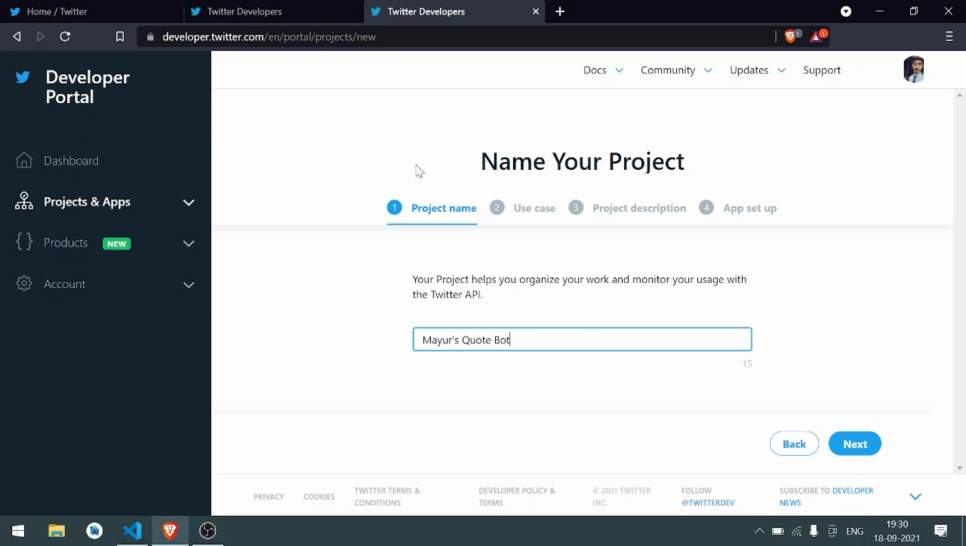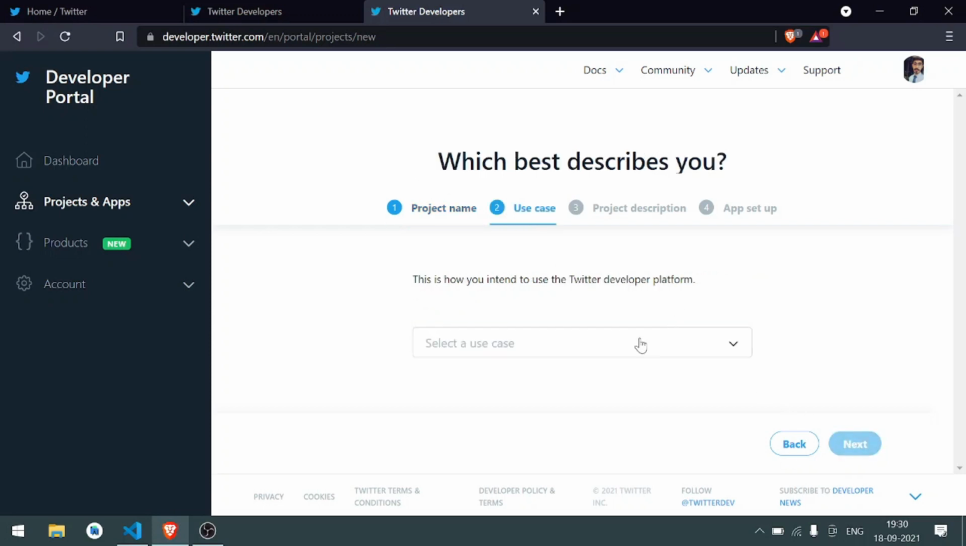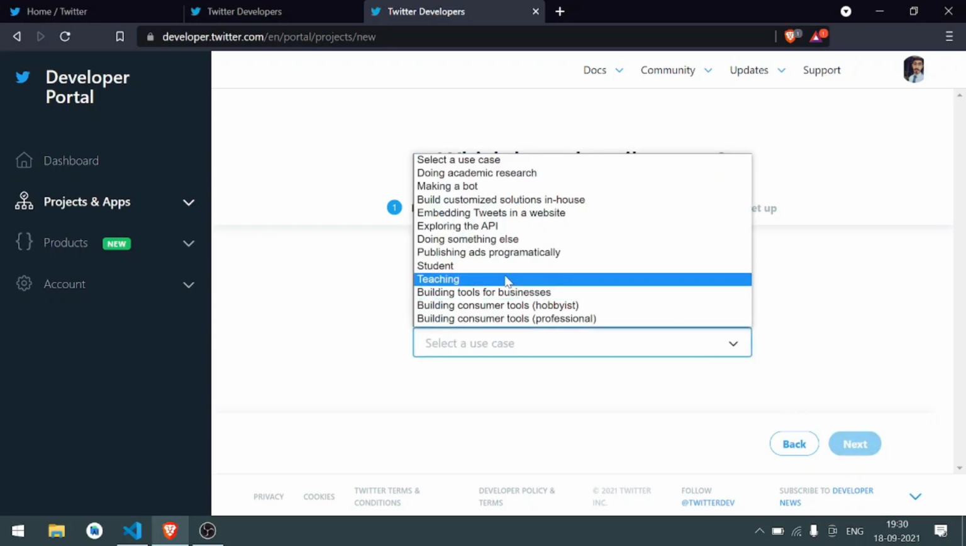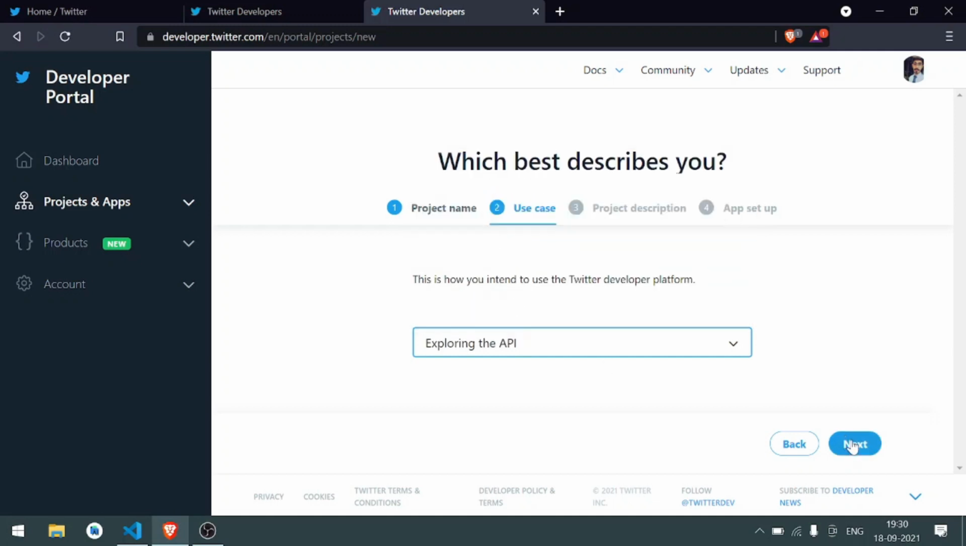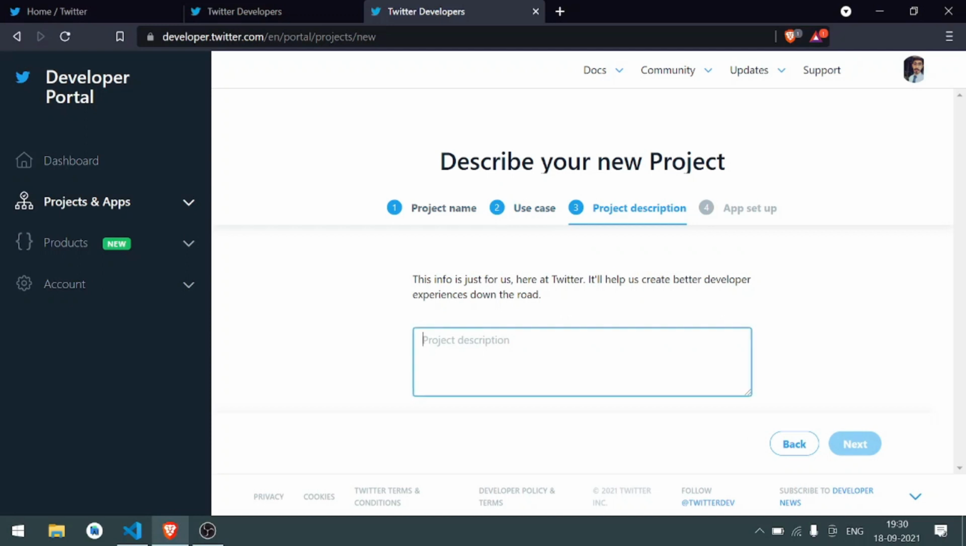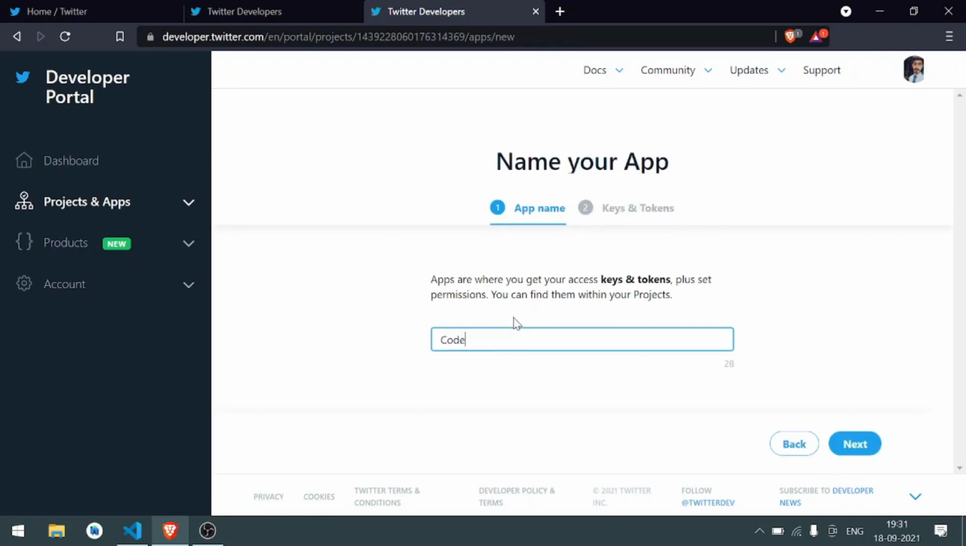So after naming the project, just click on next and describe the use case, and exploring the API could be the right reason. And next, project description. So this is the description of the project. So this could be the right name for our app name. So just click on next,